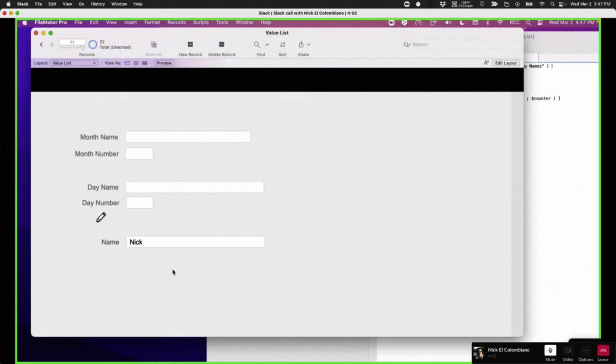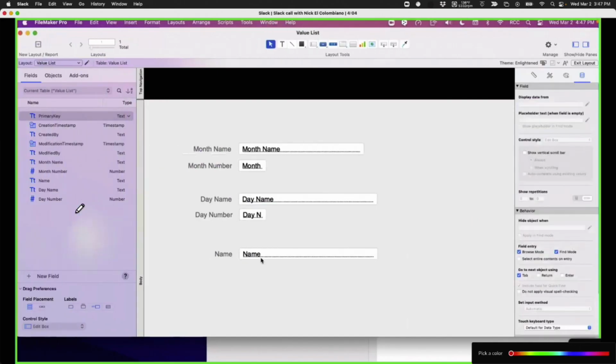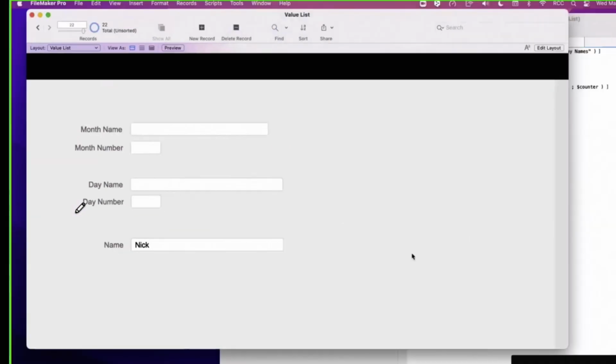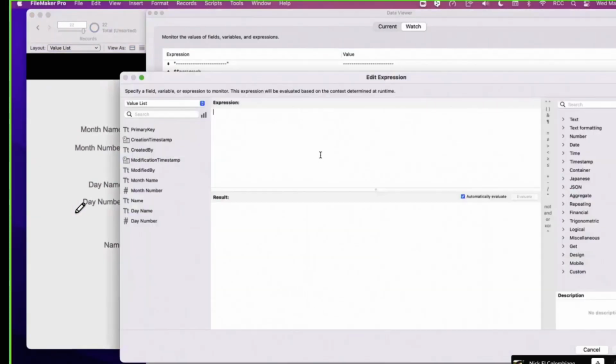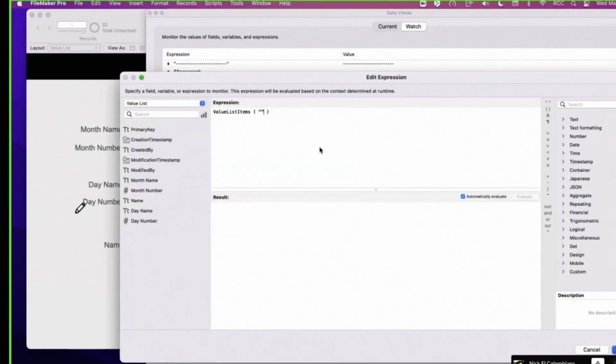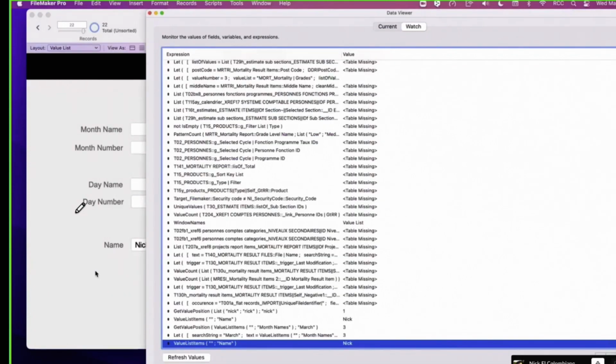Remember, I have a value list based on names. If I extract the value list items using name, I have only Nick. Only one. So the value list is doing that for you.